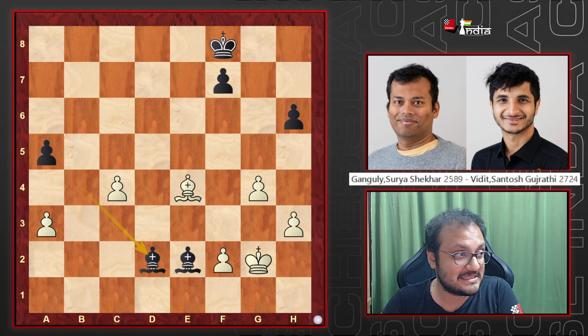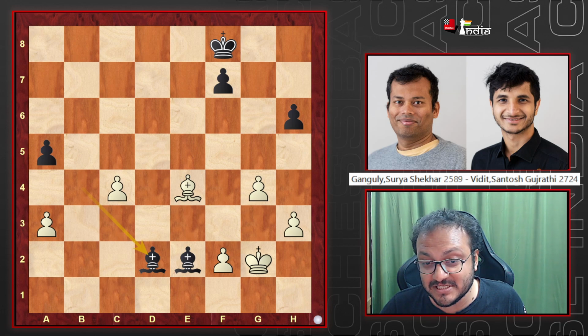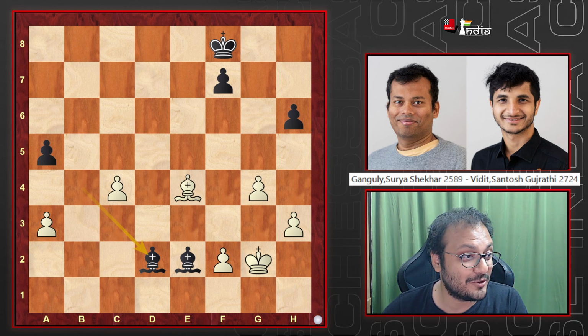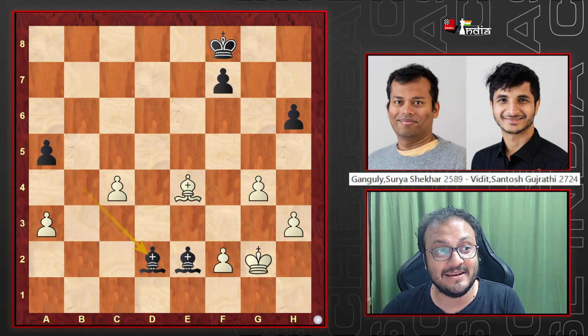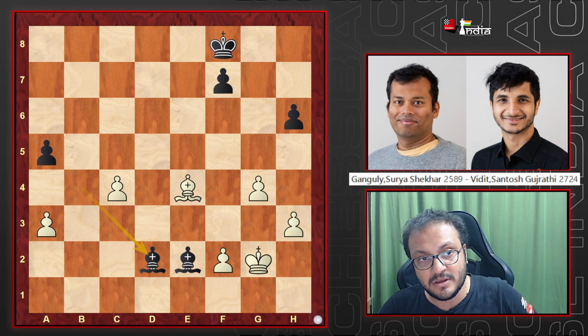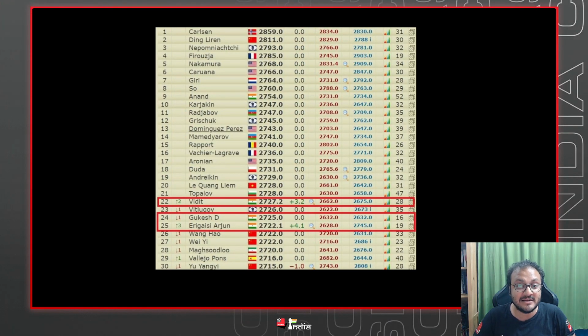And also with this, Vidit made a very important jump in his ratings, and he has now reached India number 2, which is very, very interesting, because at some point Vidit had been relegated to India number 5 position when Arjun, Gukesh, and Hari were above him. But now Vidit has made a very strong comeback, and as you can see here, he is 2-7-something, with Gukesh and Arjun just some steps behind him.